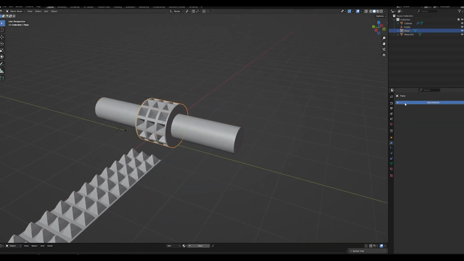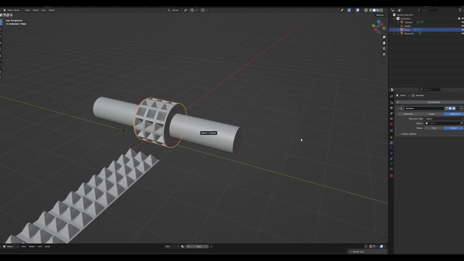So now we are going to add a Boolean modifier. I should have done fast, but I clicked exact. So let's speed this thing up. All right, we have now got it going. We applied it, and now we have a nice circle. And from here, what you're going to want to do is,